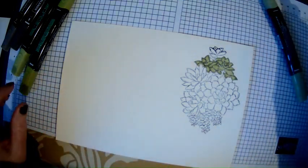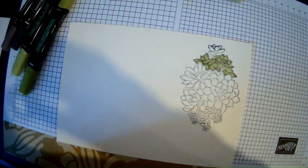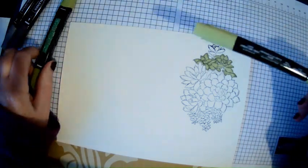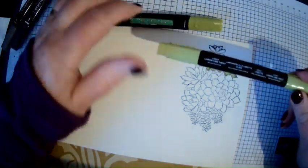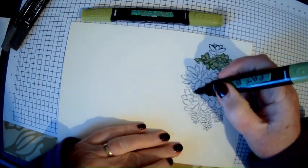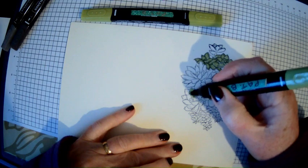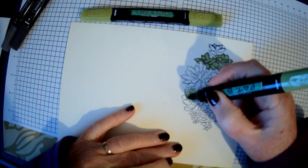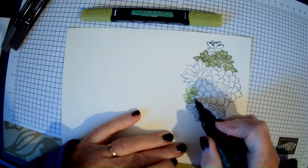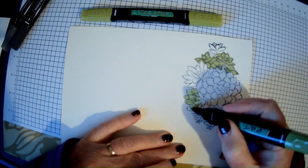Okay, so that's that one. I might use that again, so I'm not going to put them too far away, so I can use them again. So let's go and have a look at the lemon and lime twist and see what we can do with that one. Lemon and lime twist, I think I'm going to put it on to this one down here. So again, I'm not going to be very precise, so hopefully when I use the dark one, it will pick up, make it